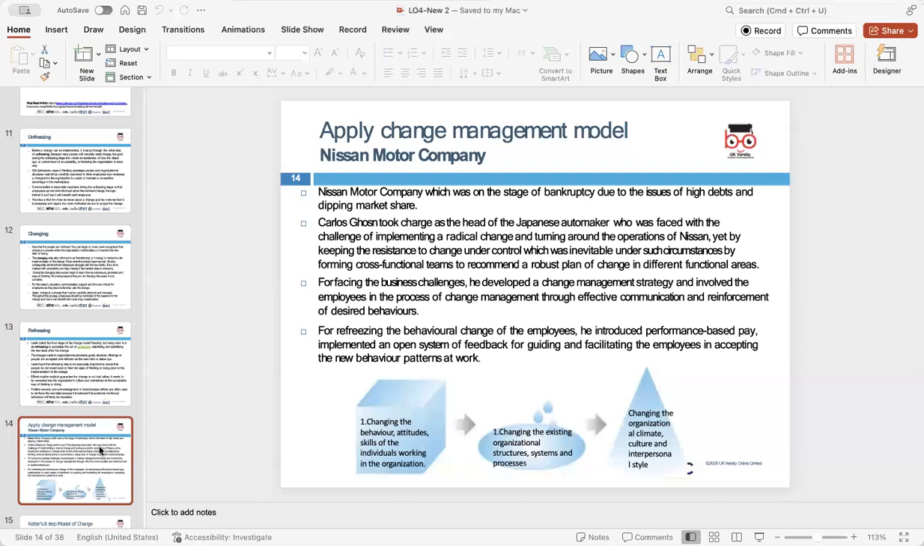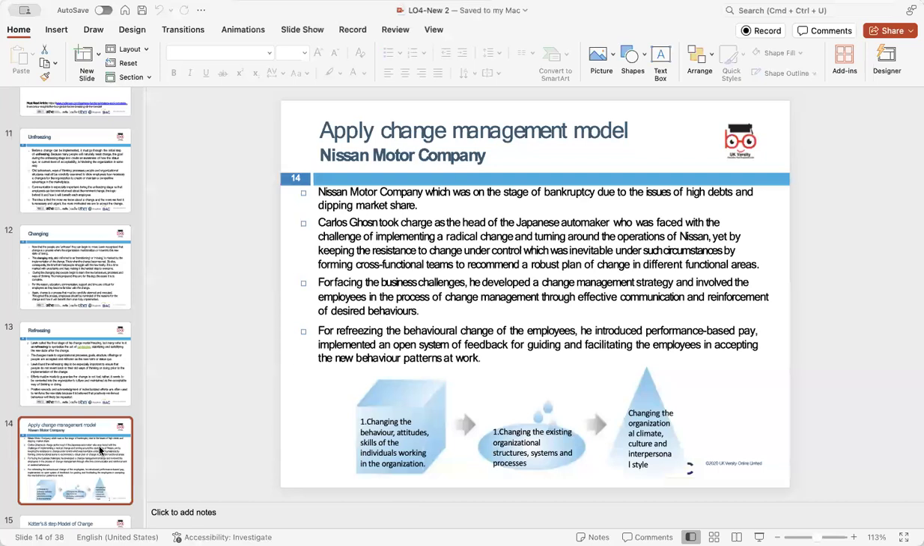So, applying the change management model. Here is the example of Nissan Motor Company. This model can be applied in various organizational scenarios. A notable example is the case of Nissan Motor Company, which faced significant financial difficulties due to high debts and declining market share. So when Carlos Ghosn took over leadership,